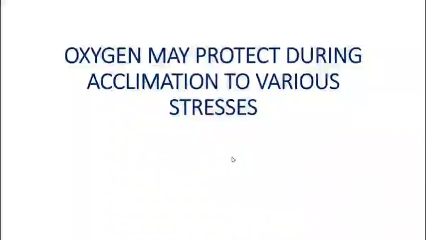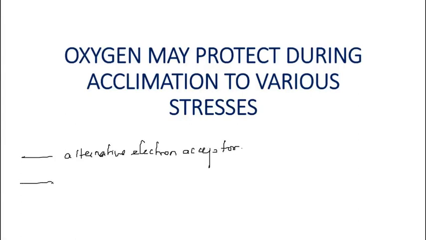Oxygen may protect during acclimation to various stress. So how does oxygen protect? Oxygen acts as an electron acceptor, an alternative electron acceptor. It is also able to accept the electron like NADP. Whenever there is production of high energy in the plant, when the plant cells are highly energized in conditions, say for example high temperature,